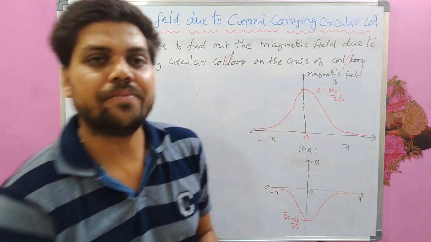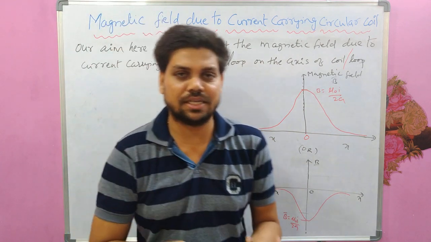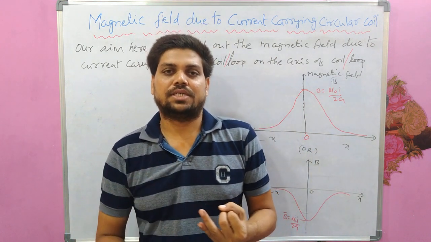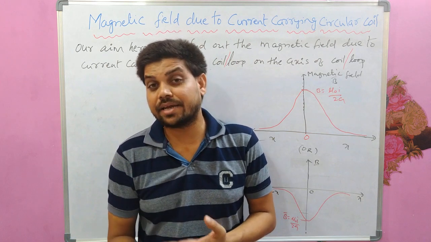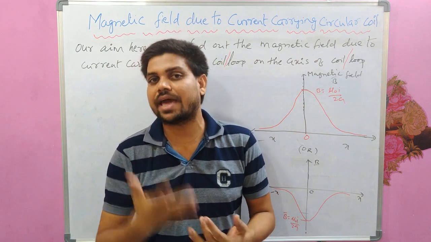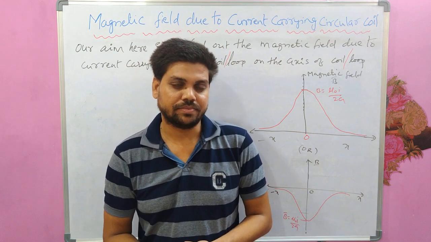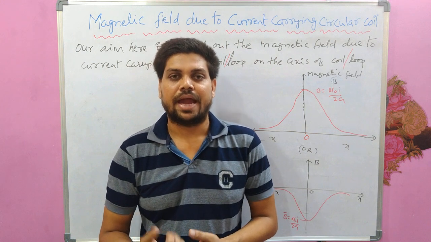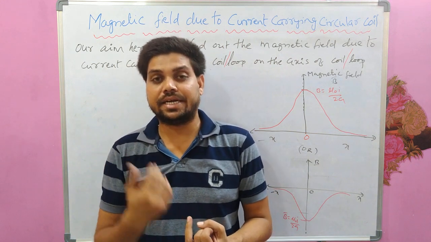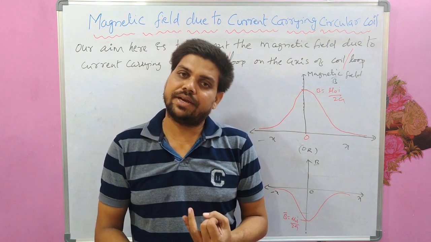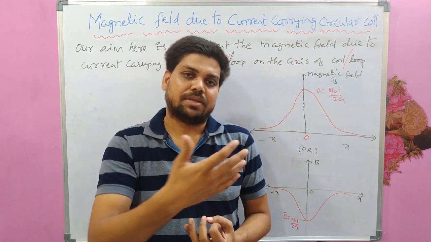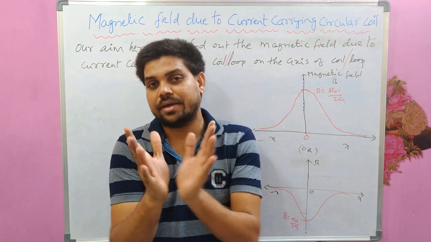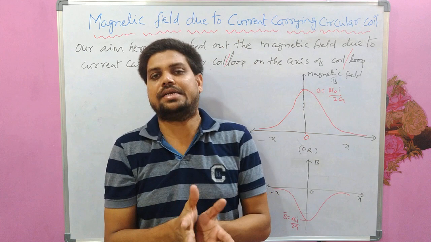Okay, so till now in this lecture, using Biot-Savart law, we have discussed how to calculate the magnetic field at a point P lying on the axis of a current carrying coil. Magnitude and direction are discussed. And special cases like the magnetic field at the center of the coil, the magnetic field at infinite distance from the center, and the magnetic field due to an arc carrying current and a semicircle carrying current.